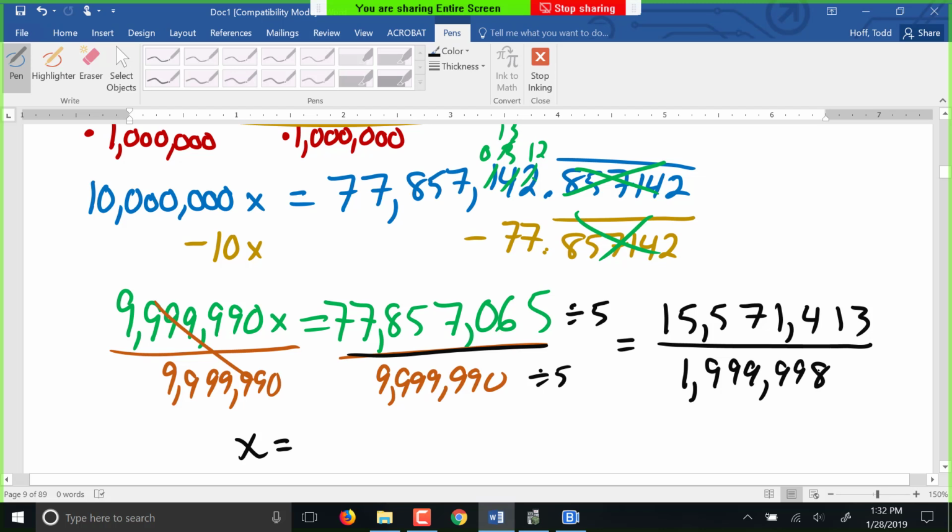998, I believe, on the bottom. When we look at that, it's hard to see if they can be reduced anymore. I assure you they can. One thing I'm seeing is I think they can both be divided by 9. Have you ever seen the shortcut to tell if something can divide by 9? It's similar to the one for 3. You add the digits. 1 plus 5 is 6, plus 5 is 11, plus 7 is 18,